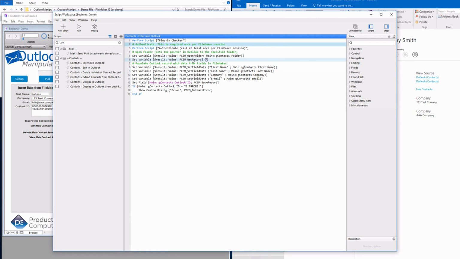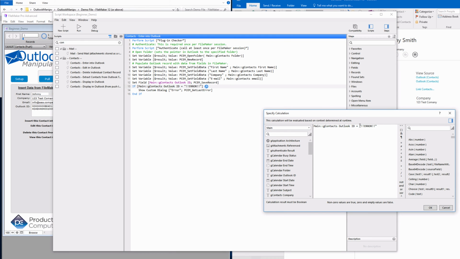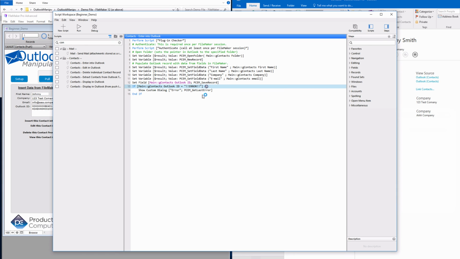Then we call the new record command, and then we establish all the fields we want to populate within that record. And to get the official names of these fields as Outlook recognizes them, you can get that from the Fields and Functions guide. So essentially we establish which folder, create a new record, set the fields, and then we save the record. Once we save the record, it'll tell Outlook to go ahead and populate that with a new record. If we received an error, which is indicated by this particular string, exclamation error and so forth, we would produce that as a custom dialog.